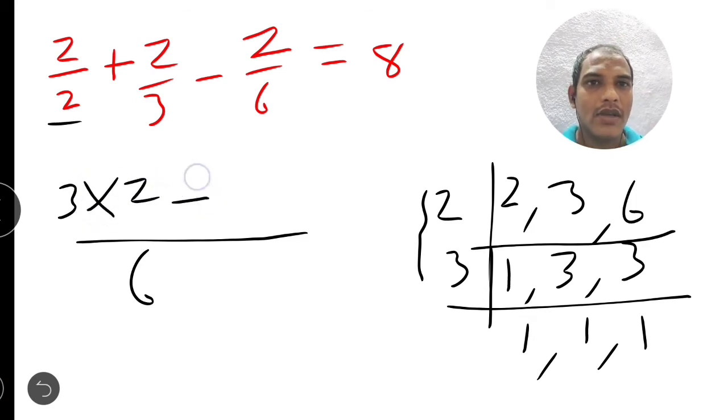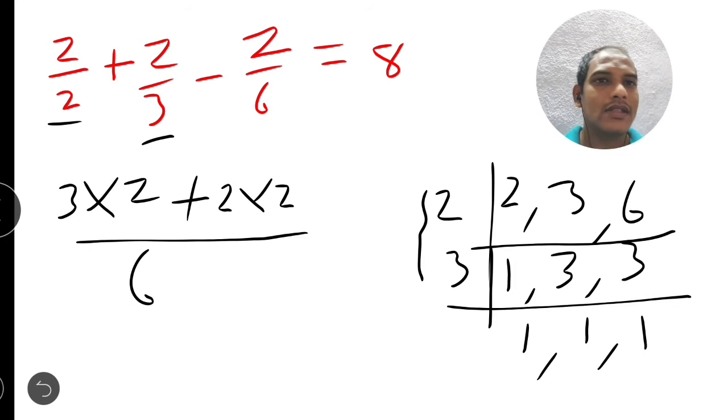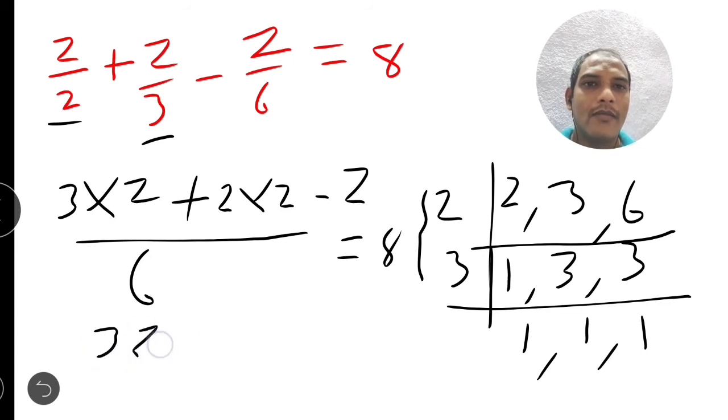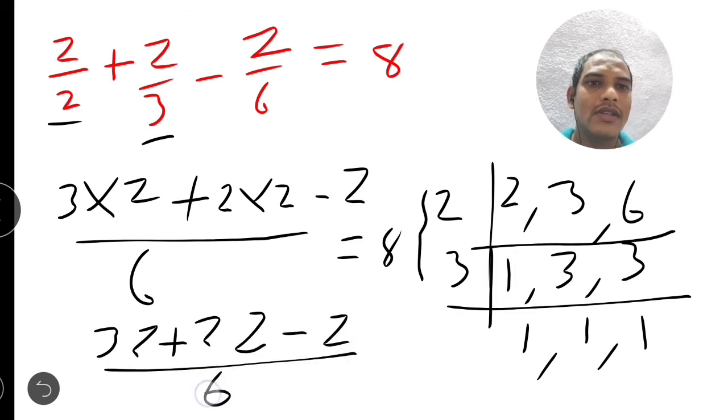Next symbol plus 6 in 3 table. When we'll get 6 in 3 table, 2 is a 2 into numerator, 2 into Z. Next 6 in 6 table, 6 1s are 6. So then numerator will come as it is. So it is equals to what? 8. So now 3 into z is 3z plus 2 into z is 2z minus z divided by 6 equals